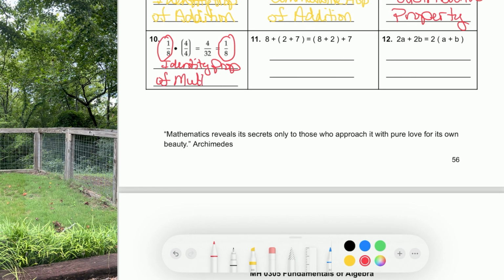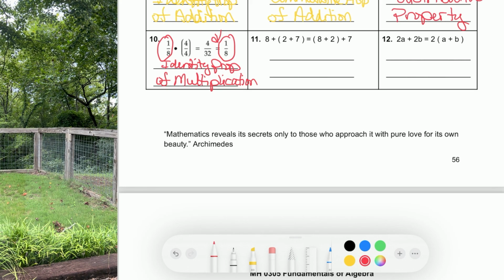Now what's important about this is the property that allows us to reduce fractions. It's also the property that allows us to get common denominators so that we can add or subtract fractions. So if you think about 1/8 times 4 over 4, that gave us the 4 over 32. That 4 over 32 is the same value as 1/8. It's just a larger version of itself. But if we reduced it, like we did here, we get 1/8. We go right back to the original. So this is the identity property of multiplication. It's very important. We use it a lot. Actually, you've already been using it and you didn't realize you were using it when you needed to get common